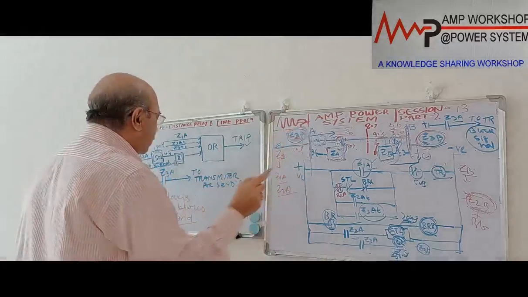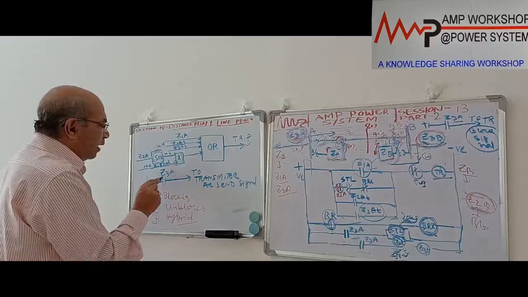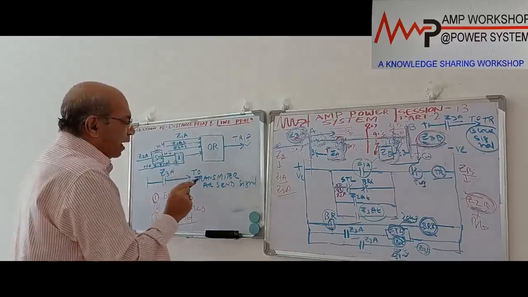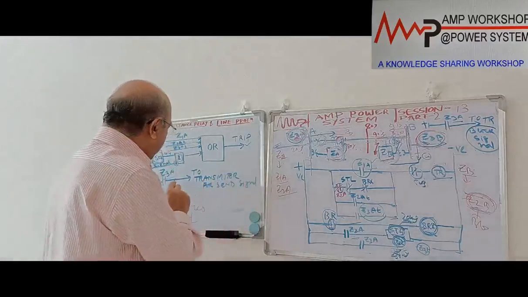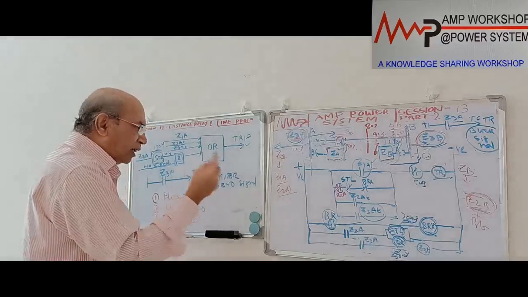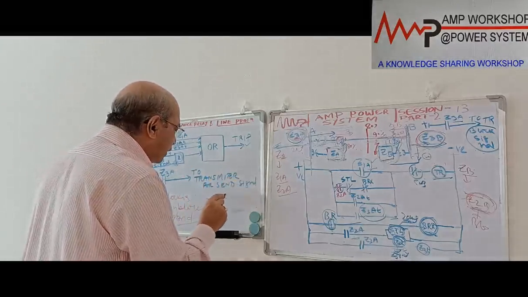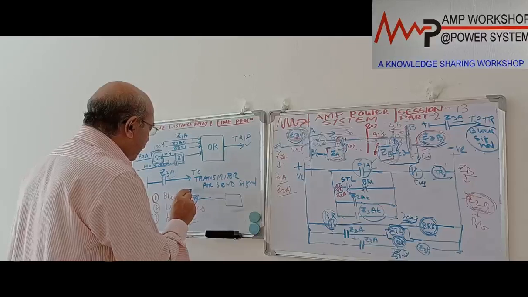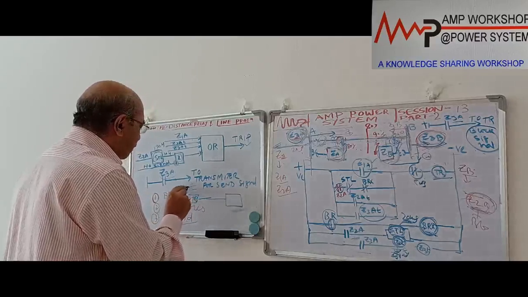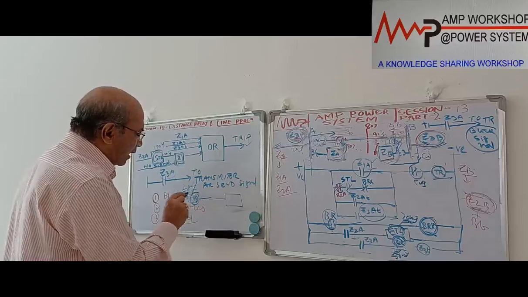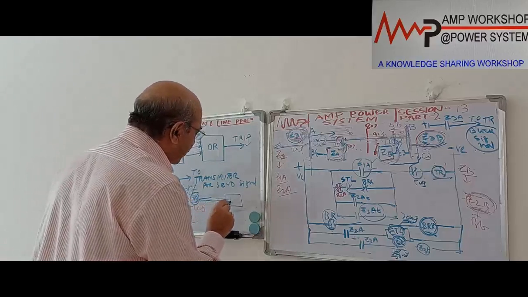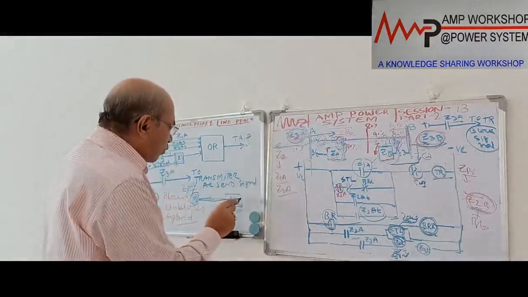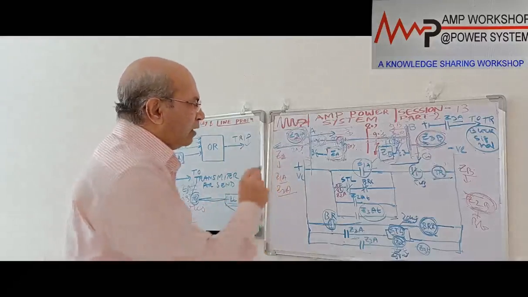When we consider this A end, in the A end Z3A will be this relay. When the fault is outside, Z3A will immediately pick up and send the signal to the transmitter to send the signal to the other end receiver. This transmitter is activated by the Z3A contact. When the Z3A contact is energized, the transmitter is energized, and immediately it will send the signal to the other end, and the receiver will receive it. When the receiver receives the signal, the tripping will not take place. If no signal comes, then immediately it will trip, because it is a blocking scheme.